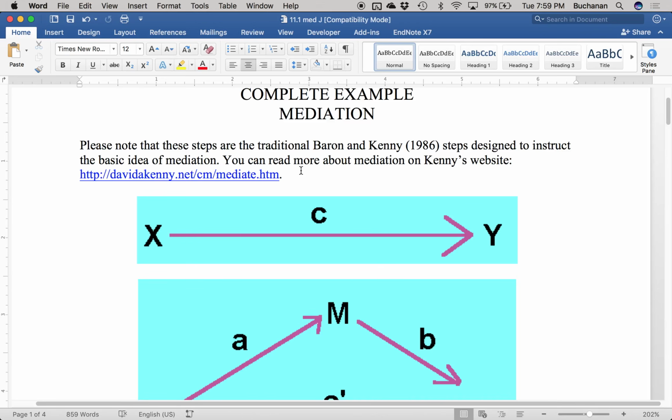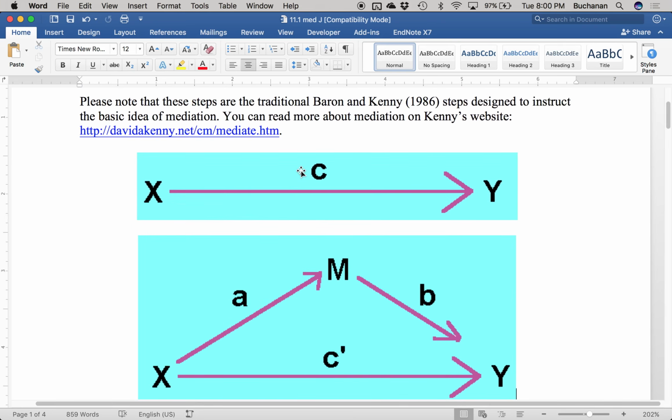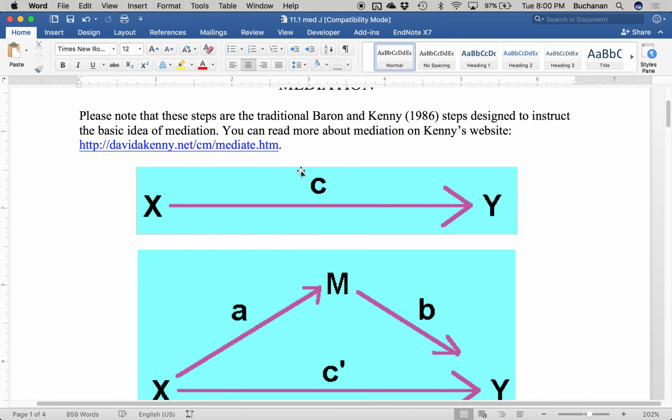Hi everybody. What we're going to cover in this video is a complete example of mediation, traditional Baron and Kenny mediation using JASP and Excel. So just a quick rundown of how mediation works. It's an extension of regular multiple regression that has some very specific sort of